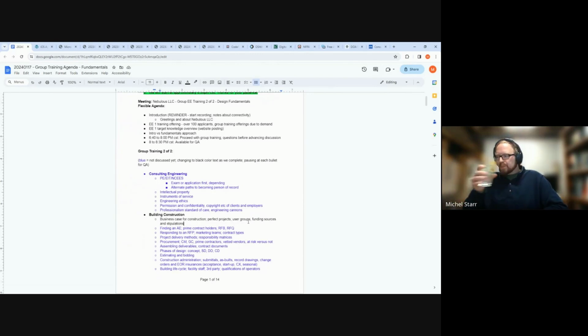So the process ends up being that once somebody within an organization is going to build a building, and they've inevitably found all the stakeholders and decided that they're going to move forward, they need to find an architect or engineer. And one of those two will be the primary contract holder. If it's very science or otherwise based, with the shapes and sizes of the rooms based on what's going in there, maybe an engineer would be the prime contract holder, and then they would get an architect. Or maybe there'll be multiple prime contract holders.